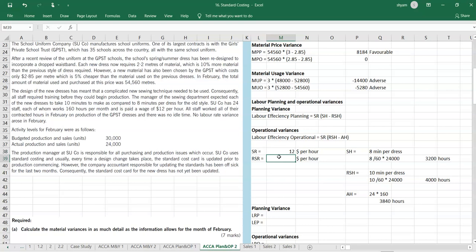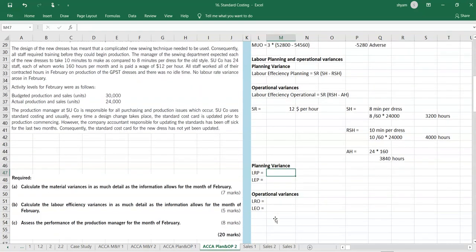What is going to be the RSR? Do we need RSR? I think RSR is not required at all. AR is not there and RSR also is not in the formula. So we can work out the concept here. We don't need a rate variance. We just need